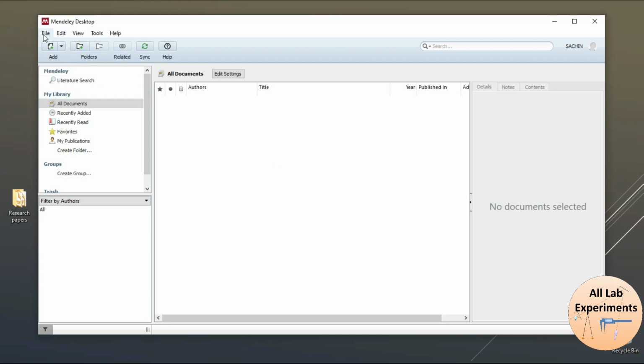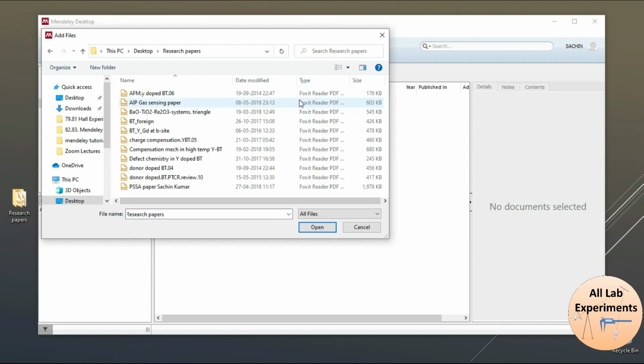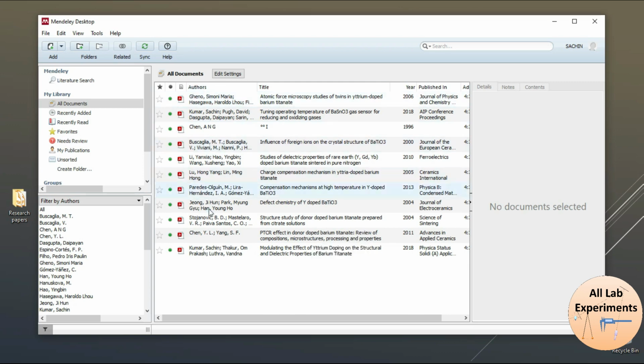First go to the option Add. If I click this, Add files, here is the folder research papers. I click on this, now I can select these papers and press OK, and you will see all the papers which I uploaded. The first thing is that these papers are available in PDF format.